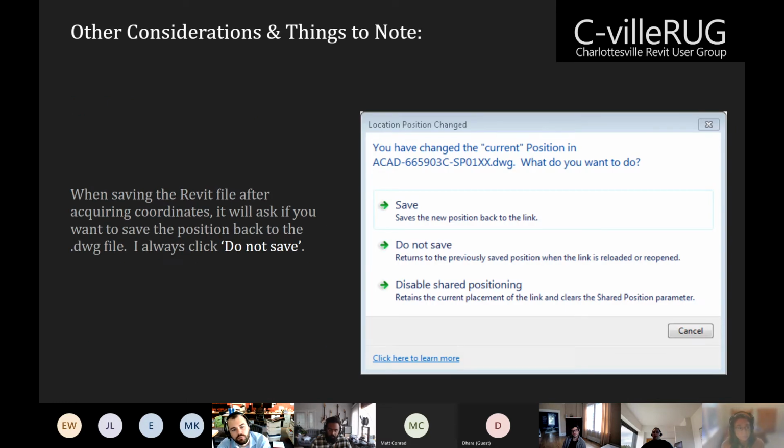So then I thought I would also go through some other considerations and some other things that happen when we're going through this process. So when you're in Revit,